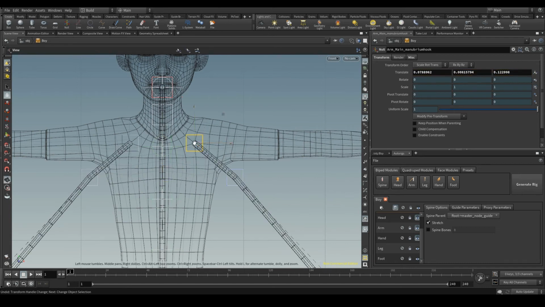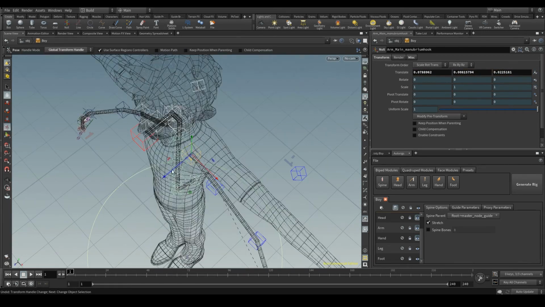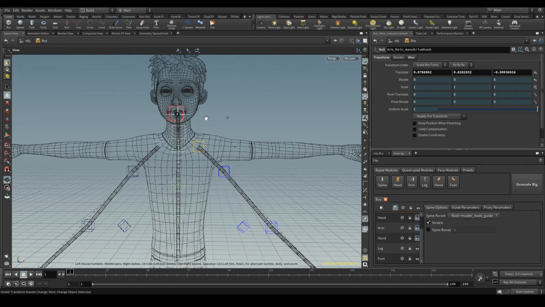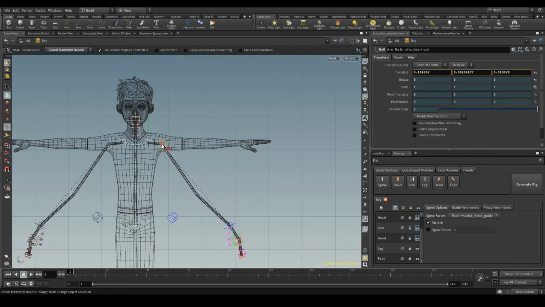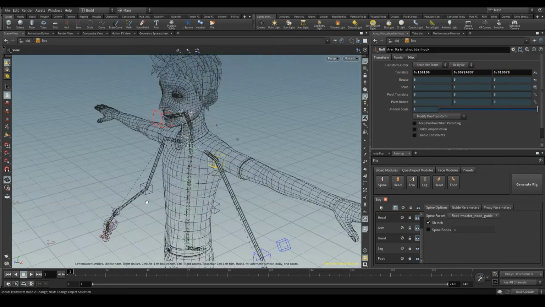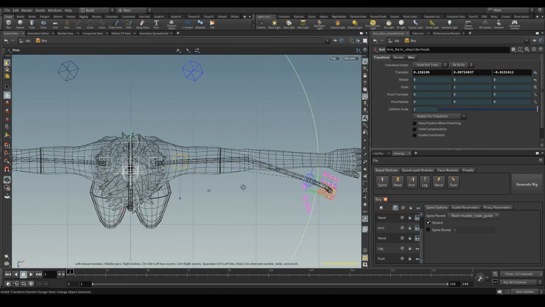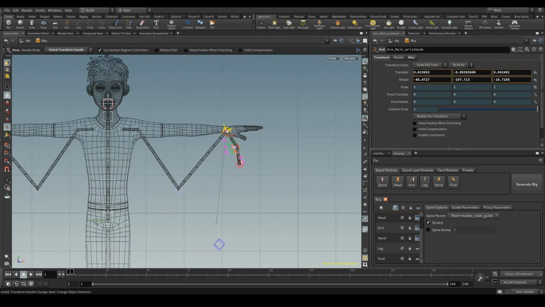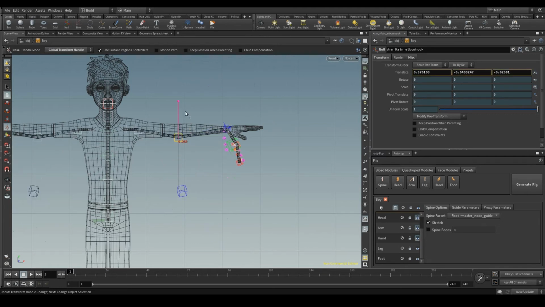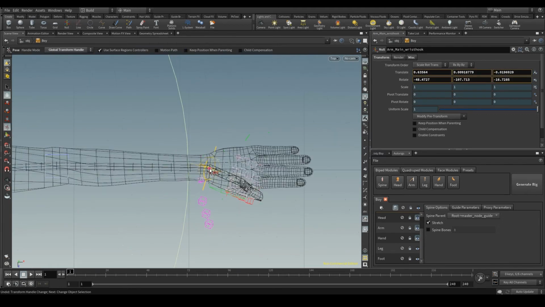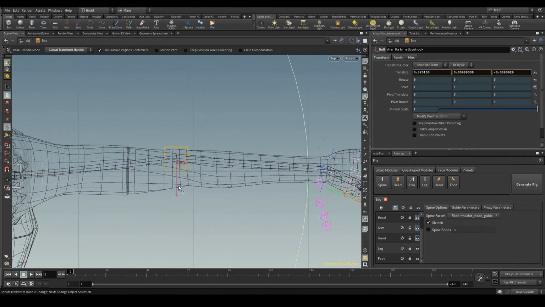Now for the arms, as usual, please maintain the straight lines for the elbows. Okay,